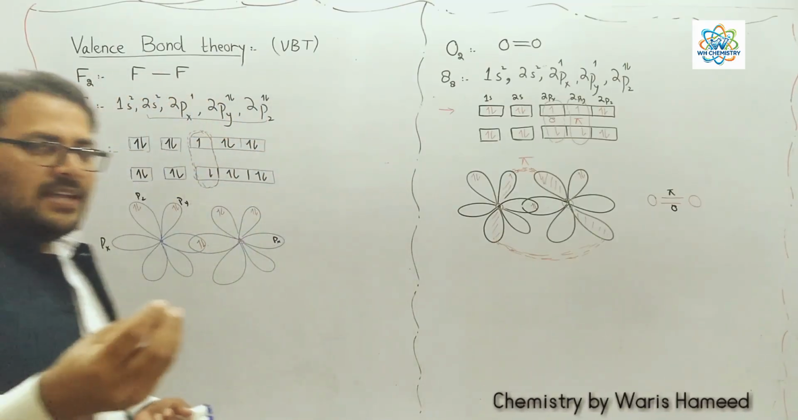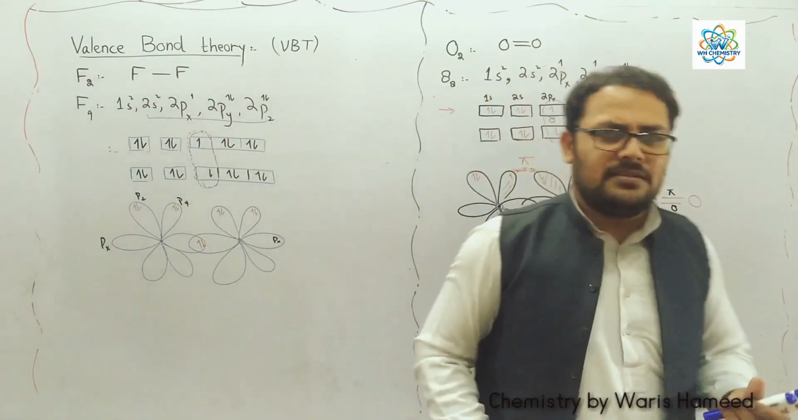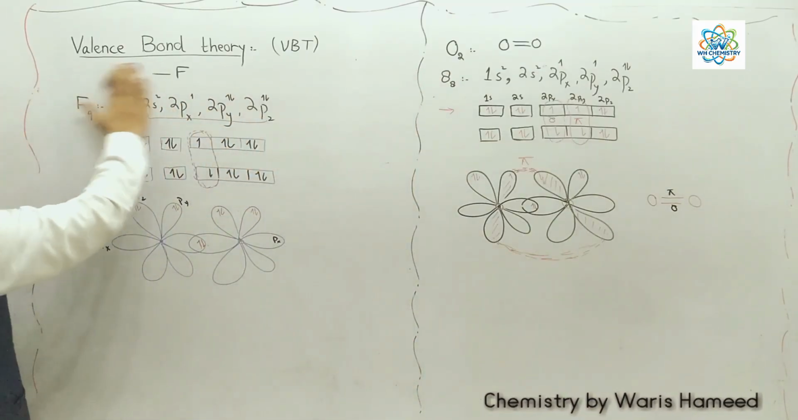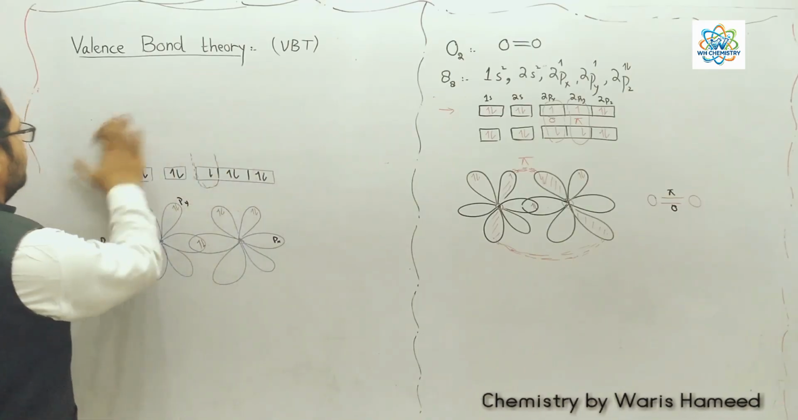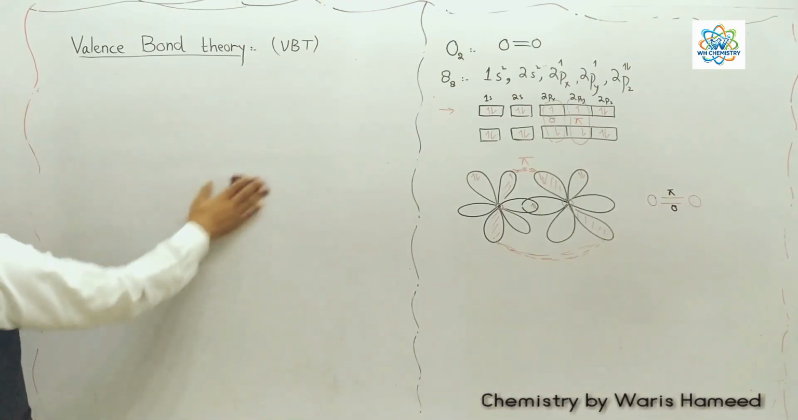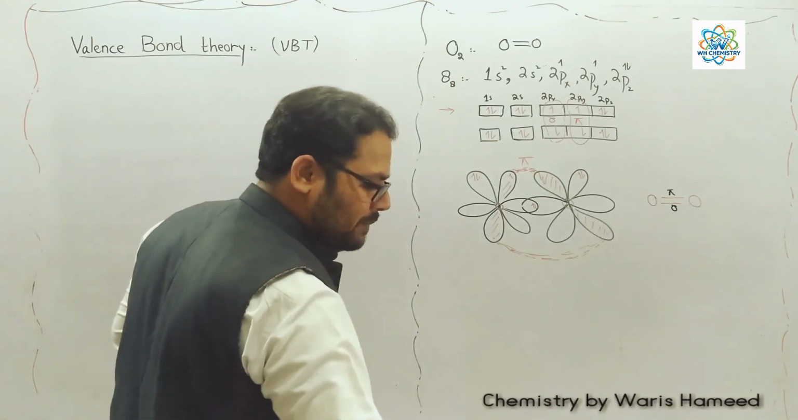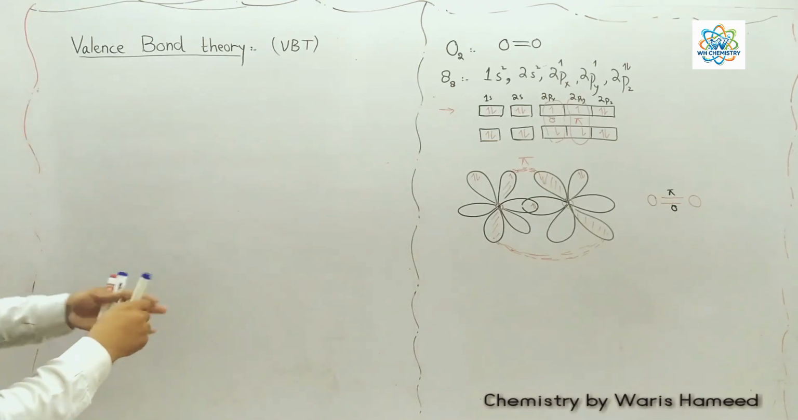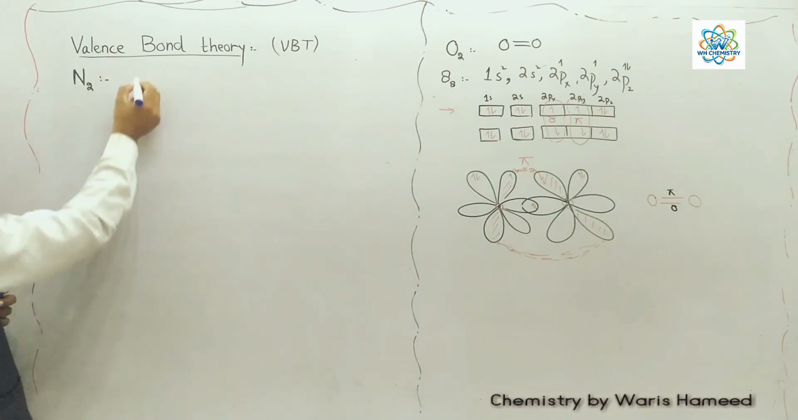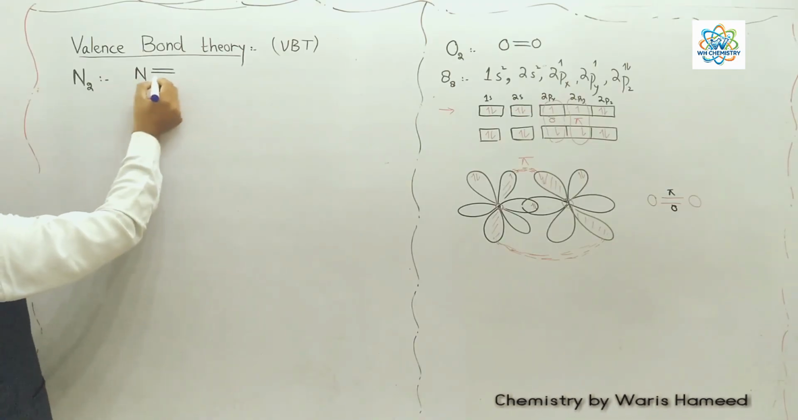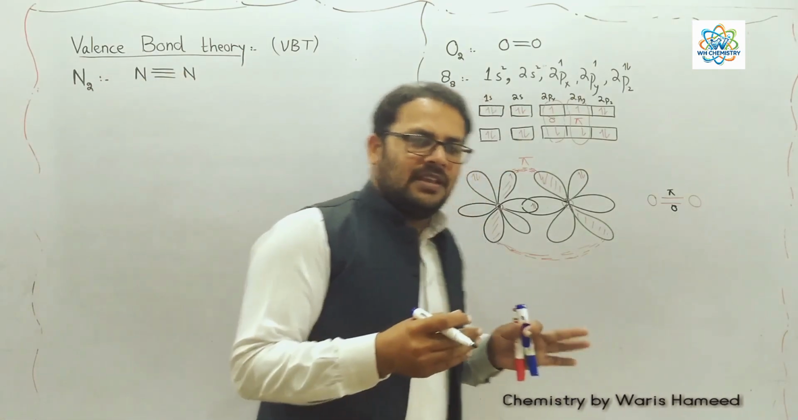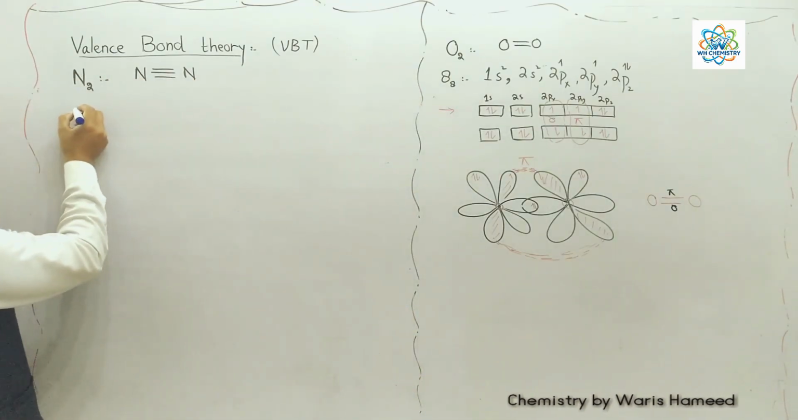Next, an example of a triple bond, and that's the nitrogen molecule. How does the nitrogen molecule form a triple bond? Going to the third example, it's the nitrogen molecule N2. Nitrogen forms a triple bond with another nitrogen atom. We know that nitrogen has 7